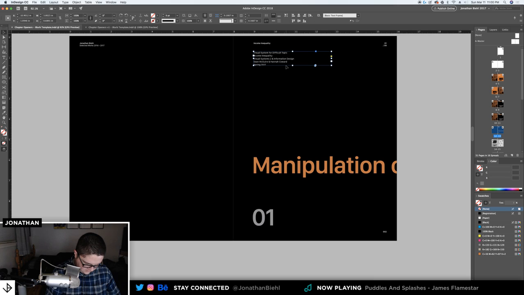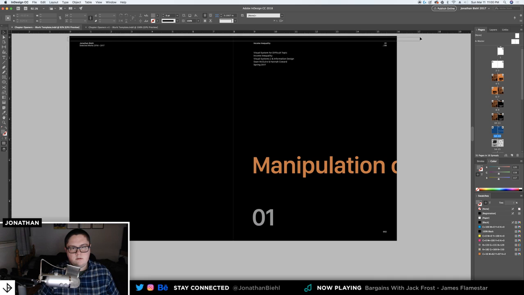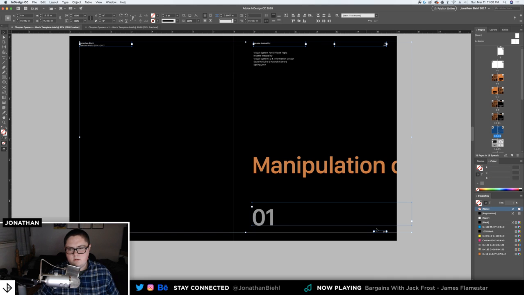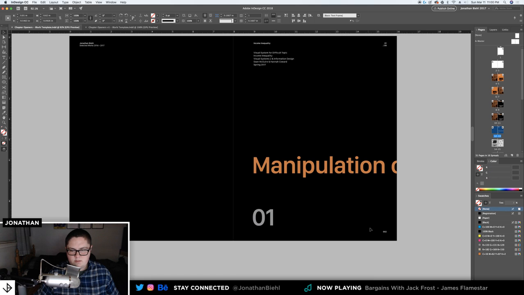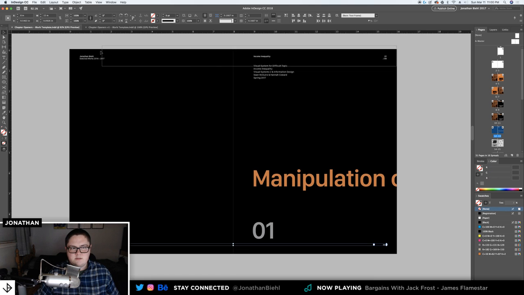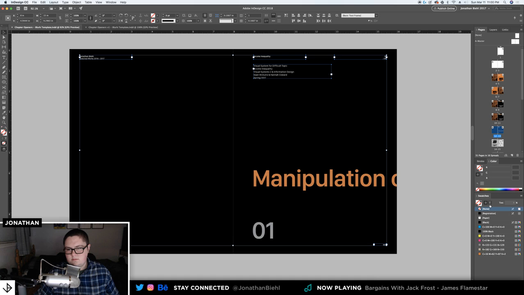I had a reference image for this idea and I'm just looking at that real quick. See, you can print colored type on a black background. I don't know what the deal is with that. She was telling me I couldn't do that. You just need to make sure that it prints right. If it doesn't print right, then that's an issue. But as long as you're doing it the right way, then